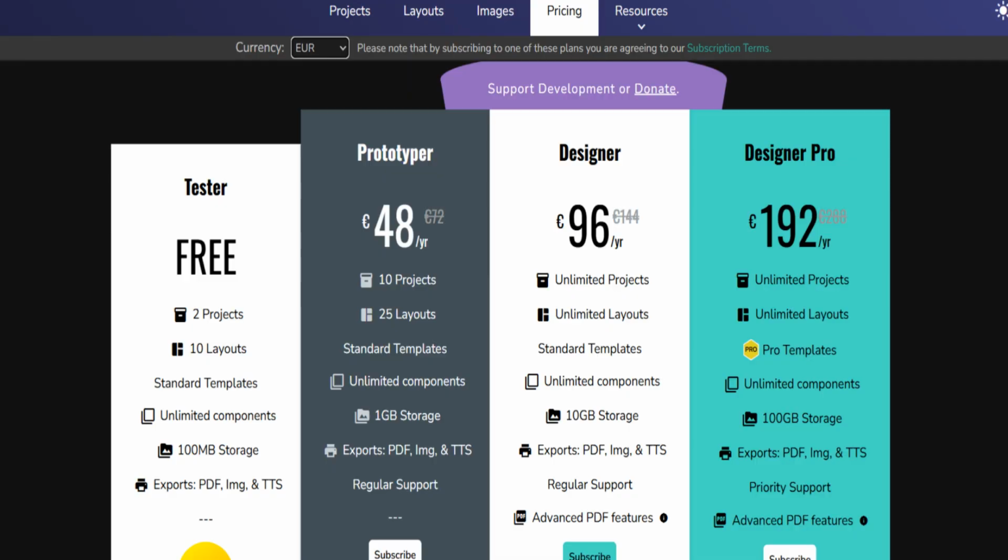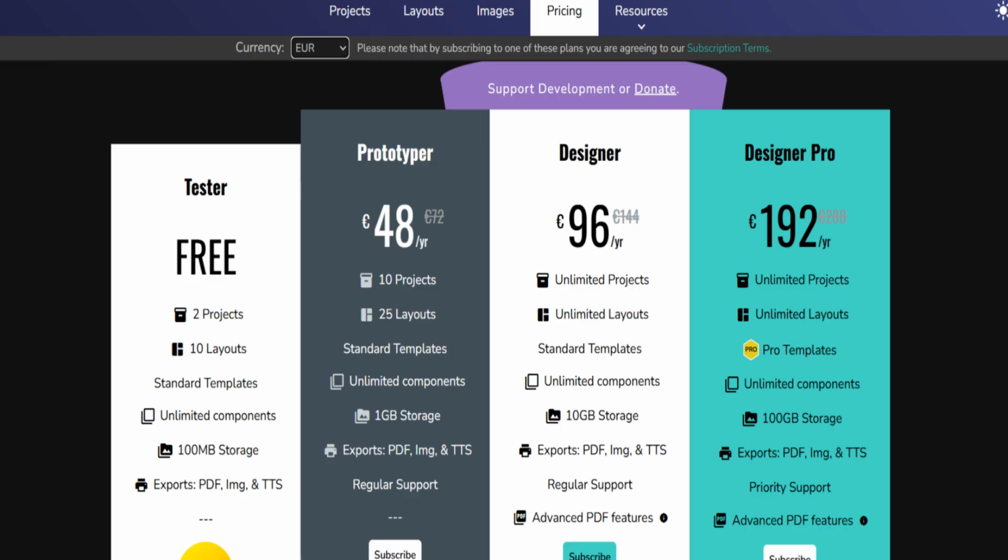So then there is a question about money. You can get started for free with Dextros. There are limitations. You can have only 2 projects, only 10 layouts, and 100 megabytes of storage in the free version.